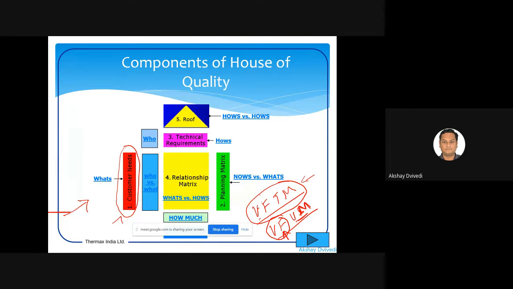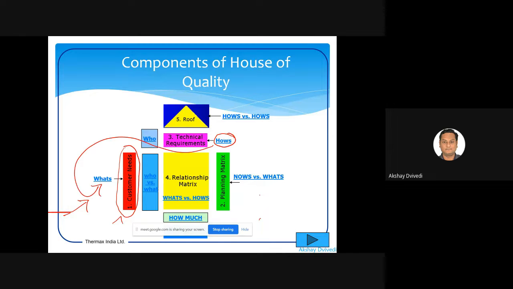So maybe if you have, let's say, 100 requirements and you prioritize 10 of them, the remaining 90 also need to be done up to some level. Now, once you do that, you reach a level where you identify how to fulfill those particular wants. So, what a customer desires, the next thing is how to fulfill that. Here, technical requirements means engineering characteristics, technical descriptors. We are talking with respect to that.